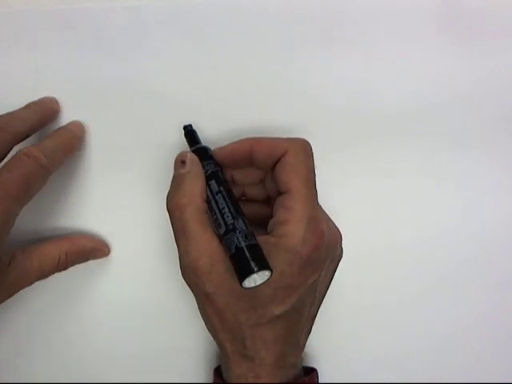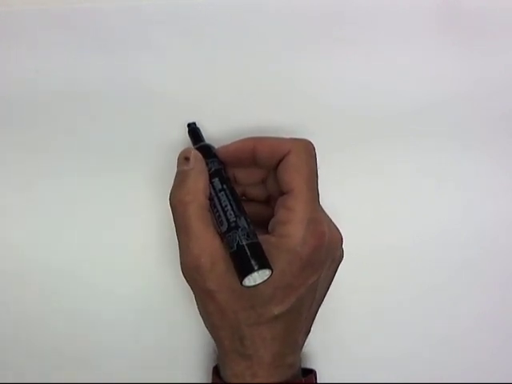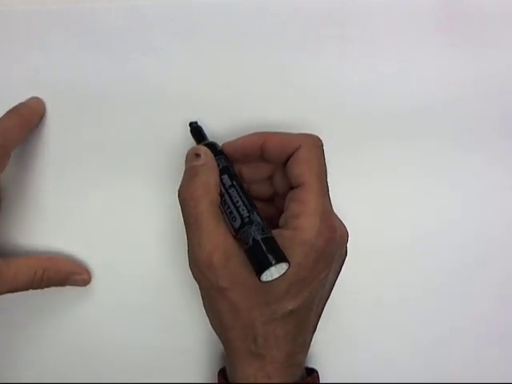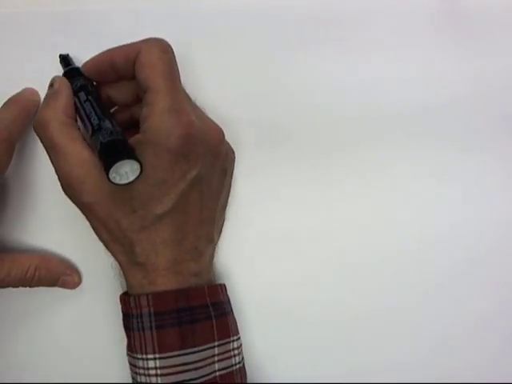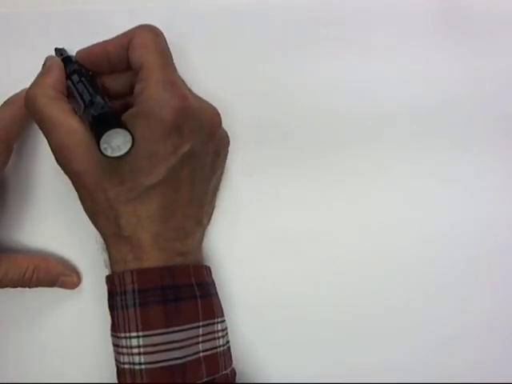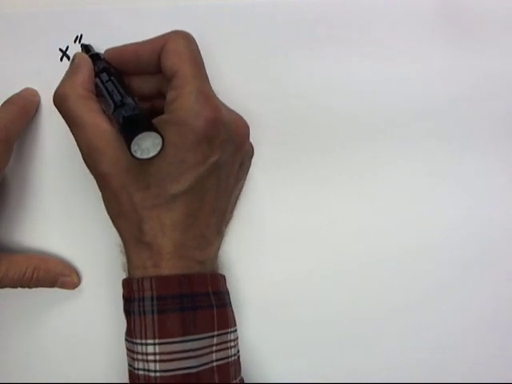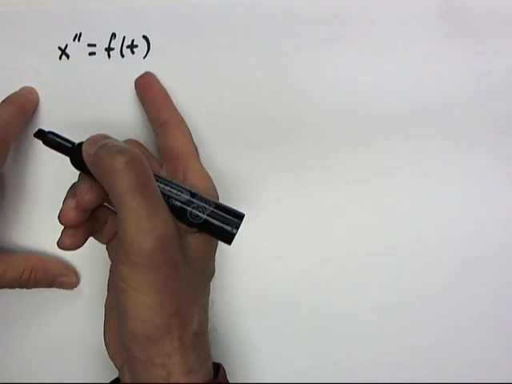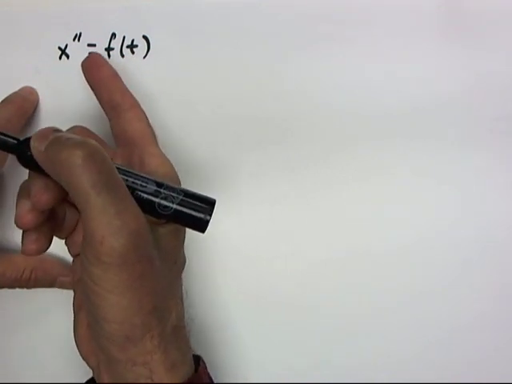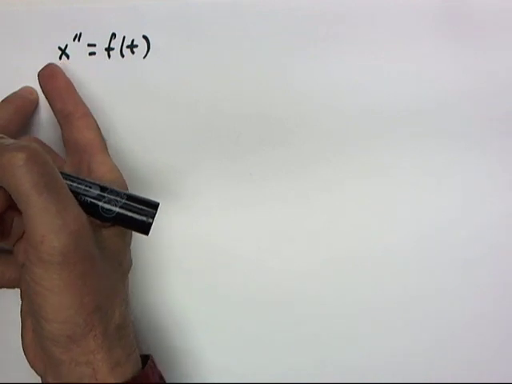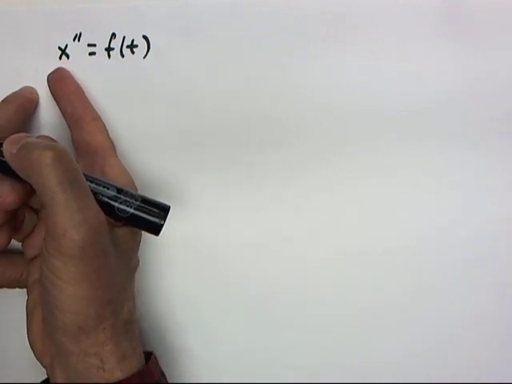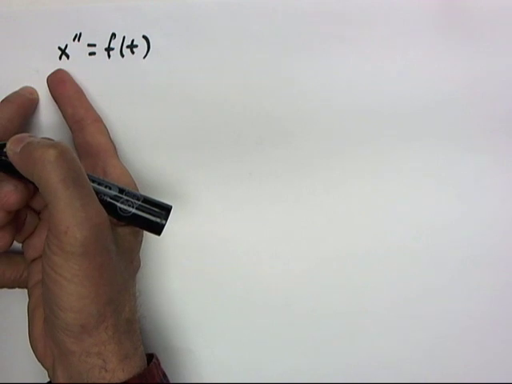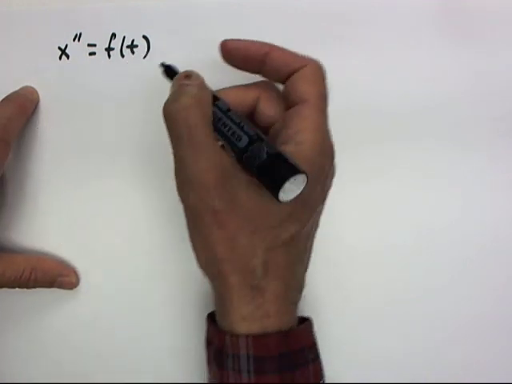These equations often arise in conjunction with Newton's second law, which relates the second derivative of your position function to the force function acting on a mass. So these things arise all the time. They're extremely important. One possible form is x double prime equals f of t. Now that's easy to solve if you can integrate f of t twice. We can integrate x double prime once to get x prime, integrate it again to get x. If we can integrate this side twice,